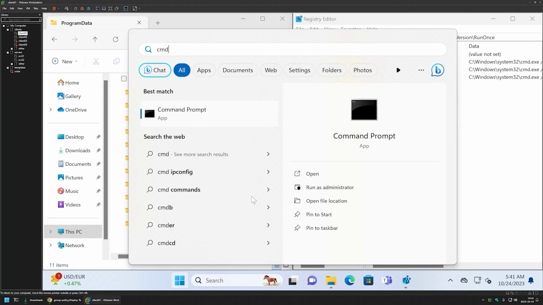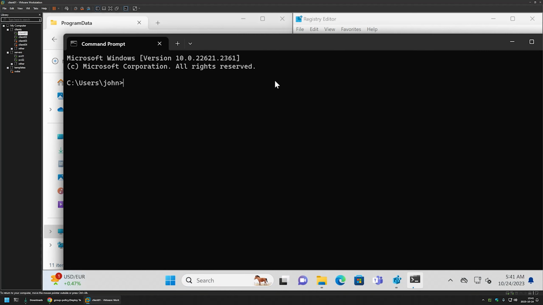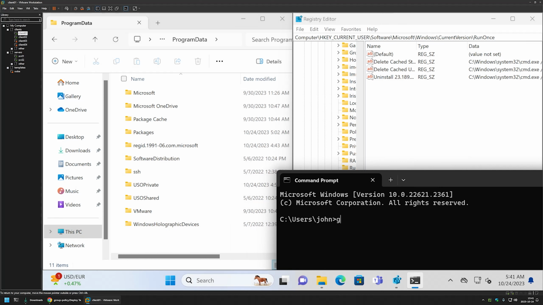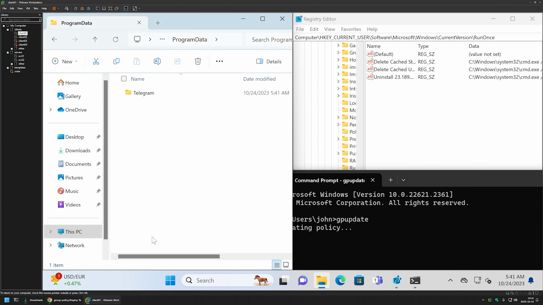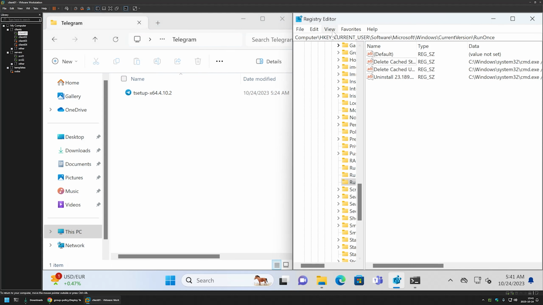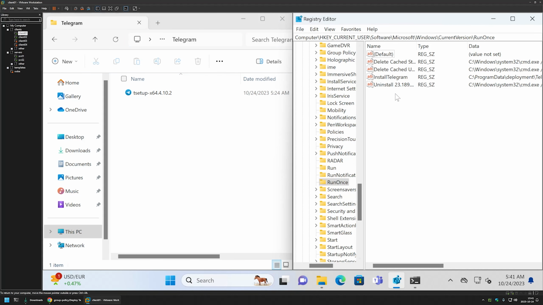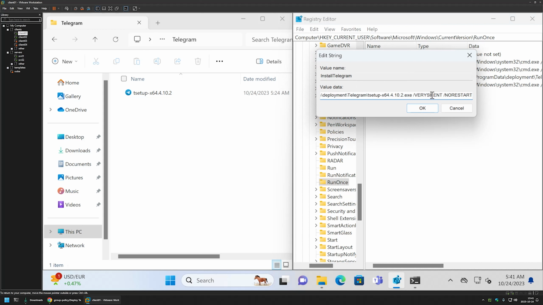So I will open command line without administrative privileges, and I will type gpupdate. And as you can see, the deployment folder appeared in program data. If I go inside of it, we have our executable. Also in the run once, if I refresh, we have our registry entry here. And like I said, this value right here will be executed for this user that I'm logged into during the